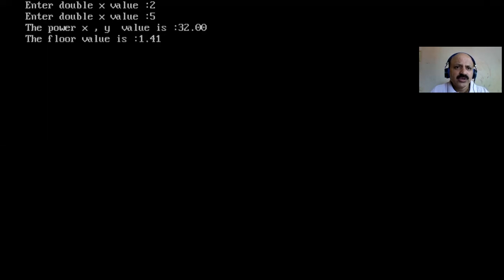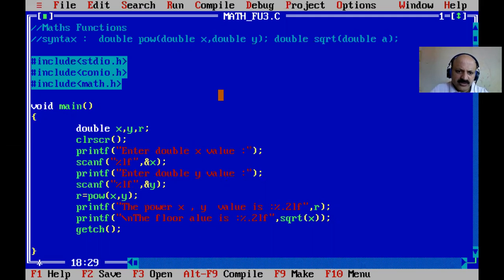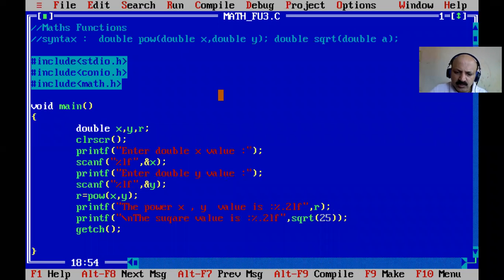So 32 is right, and for the floor value we cannot change the message, so that is the square root of 32. So yes, there is some difference. So 8, yes, first we can change the message according to here. We can take the y. Yes, that is perfect. And here not the floor value, but now the square root value is, yes, and we can take some different variables. And directly a static value also we can pass. Okay, let us check whether that prints the square root or not. So the square root of 25 is 5.